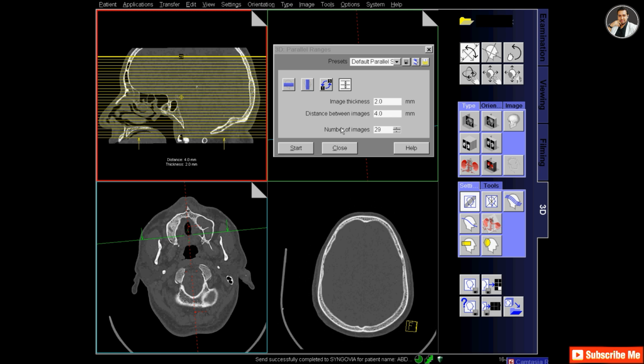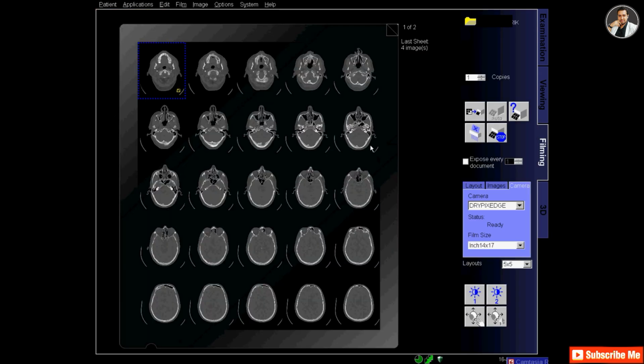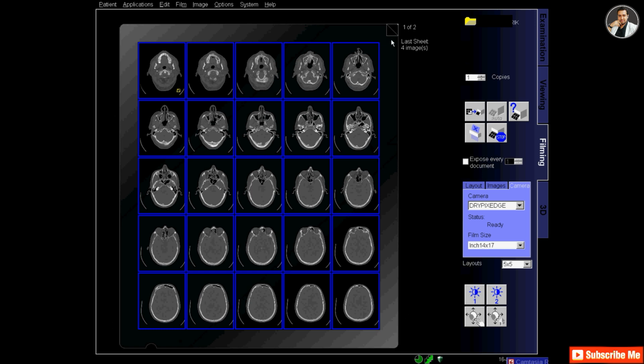I will make 29 slices here, and the image thickness will be 2, and click start button, and my axial images have been created, and I send it to the filming.